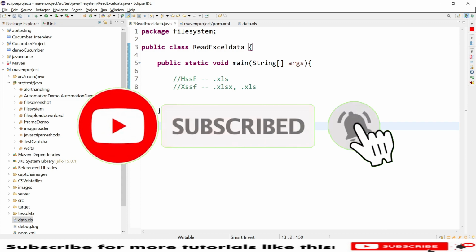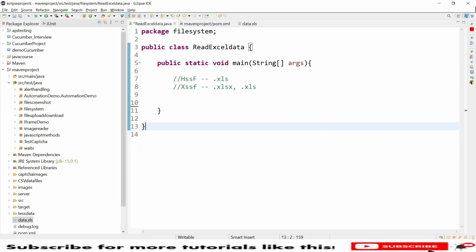Before we begin, we need to understand two terminologies, HSSF and XSSF. To handle certain extensions of file, we need both approaches. We can use XSSF for any type of extension, like it may be XLSX or .xls. For only XLS, we can use the HSSF approach. Now our file has the .xls extension, so we can use the HSSF approach, and we need a